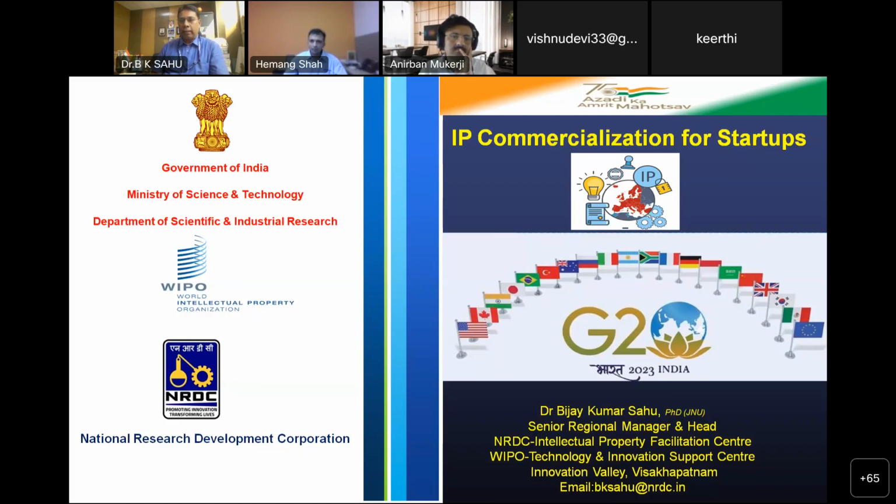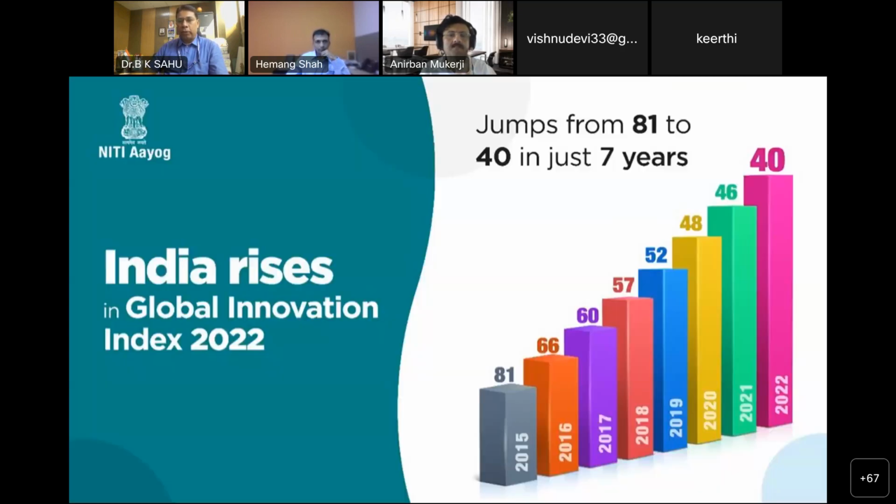Today we are celebrating Azadi Ka Amrit Mahotsav. We are celebrating G20, One Nation, that is Vasudhaiva Kutumbakam, and that is the mission and vision of the government. We are part of it. As a National Technology Transfer Organization, NRDC, how are we reaching out to the people, society, institutions, academia, in hand-holding their IP, validating their IP, commercializing their IP, and also monetizing their IP? Thank you all for giving this opportunity.